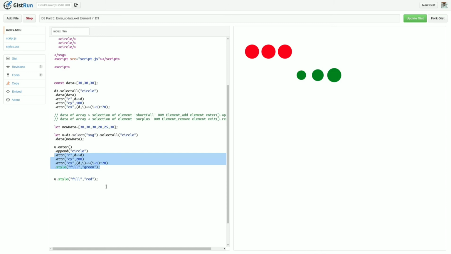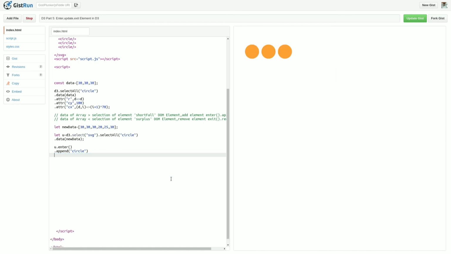I don't want to pass different properties separately, first updating the newly added elements and then the already available elements. I want to pass some properties that should reflect on all the elements, both those that were available and those that will be newly added. For that, after append you can provide the method merge, and here you merge the already available elements.